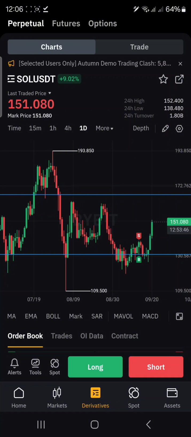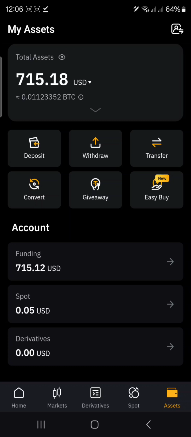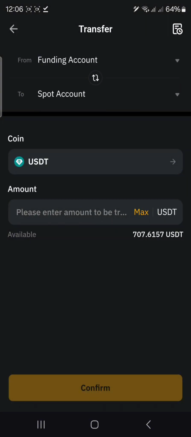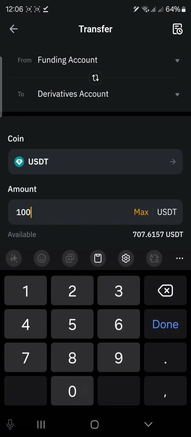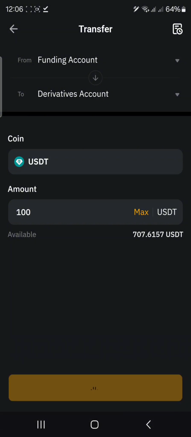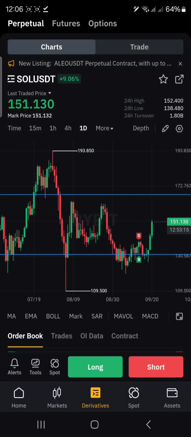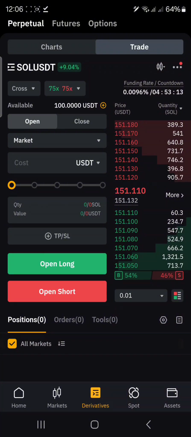Now, in terms of your capital, let's transfer money from our account. Now this is $715. So since we have this, let's transfer $100. Okay, not that you can't transfer everything, but it is very ideal to ensure that you're not risking too much at this time. So we credit our account with $100 first. So in terms of capital, it's very wise to always be minimal. Okay, not that I can't just push all the money and start trading with it. Yes, I can do that.